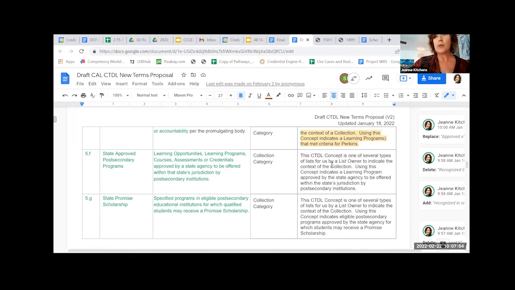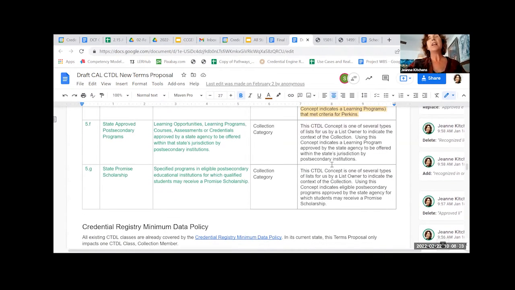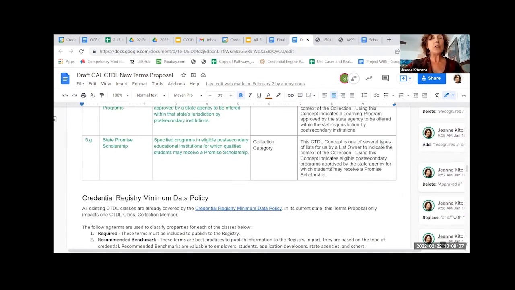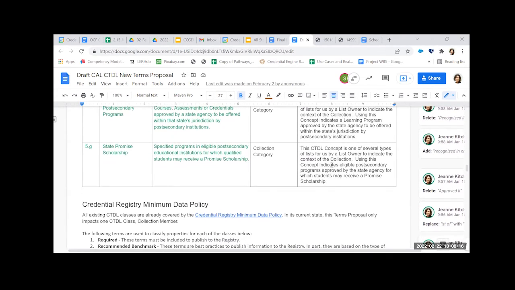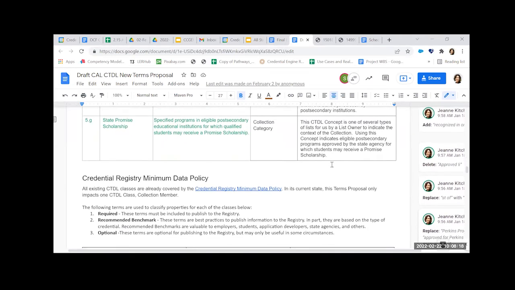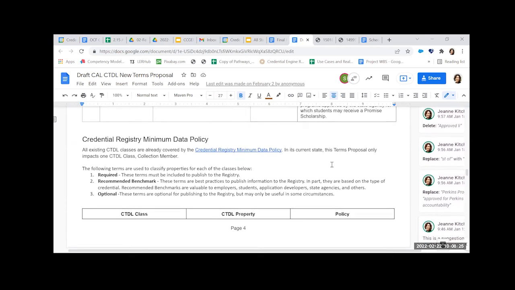State Promise Scholarship, for example, came up. If you're aware of other types of lists that we need to identify, then we can go ahead and add those. But keep in mind that CTDL is a living language as well, so if we did need to add additional types of lists, we would have the capability to do that. That wouldn't be a problem. Yeah, and if I could, I would also point out that you're not limited to those terms that are in CTDL as far as the type of list goes. You could publish your own concept scheme with your own very specific list types if you needed to.